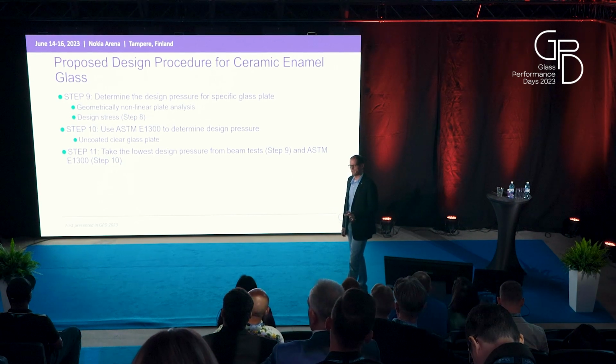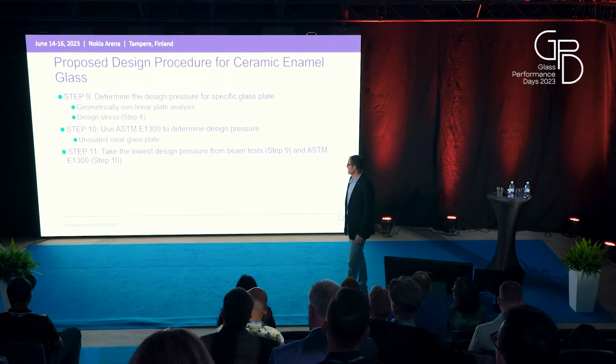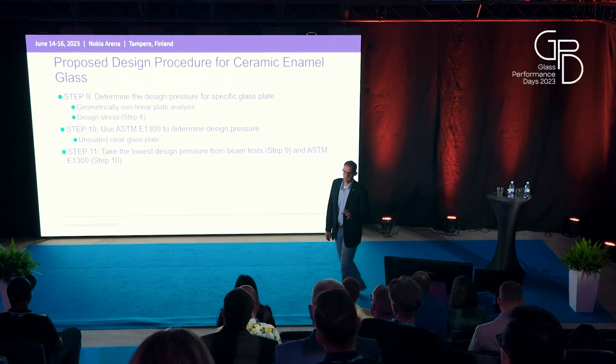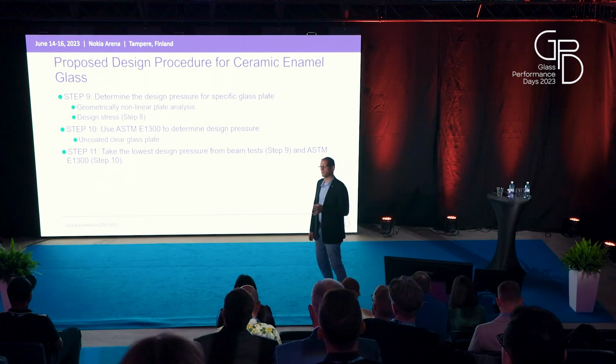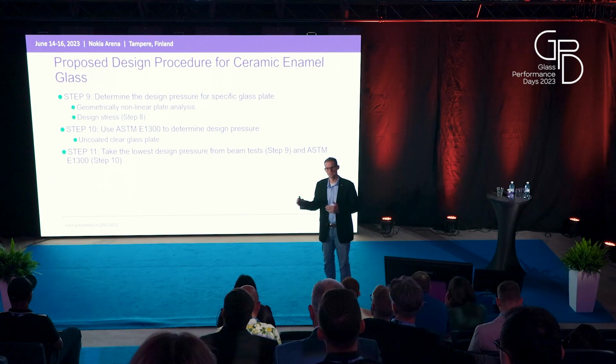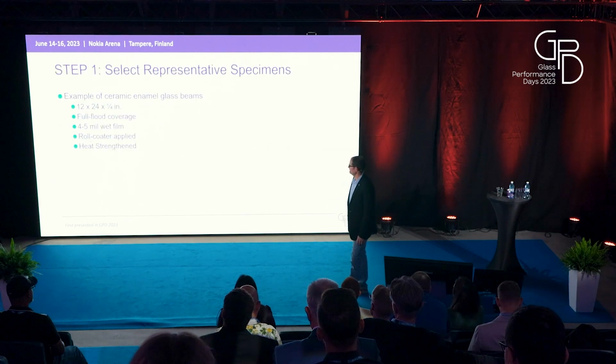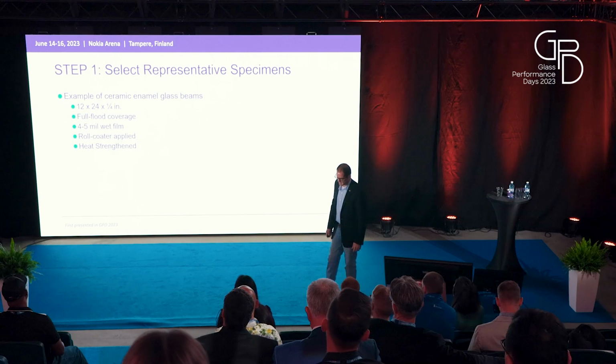And then take your design stress and figure out what load you can apply to that glass plate. And then we'll look at E1300, figure out the design load from that, and then we're going to take the less of the two. So we don't ever want to design greater than ASTM E1300 or the strength of the ceramic enamel. So for this presentation, I've got